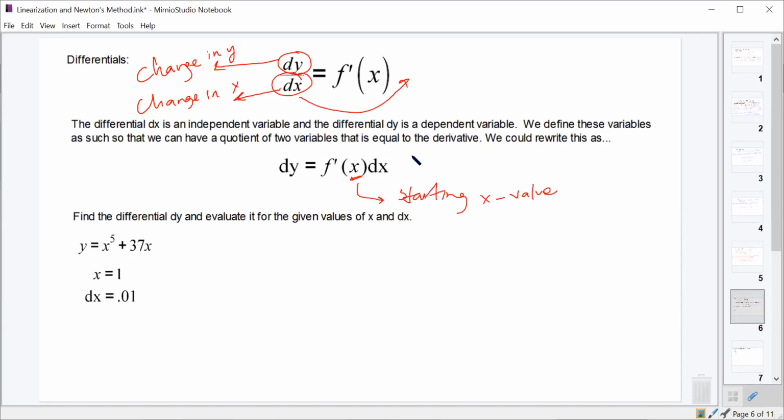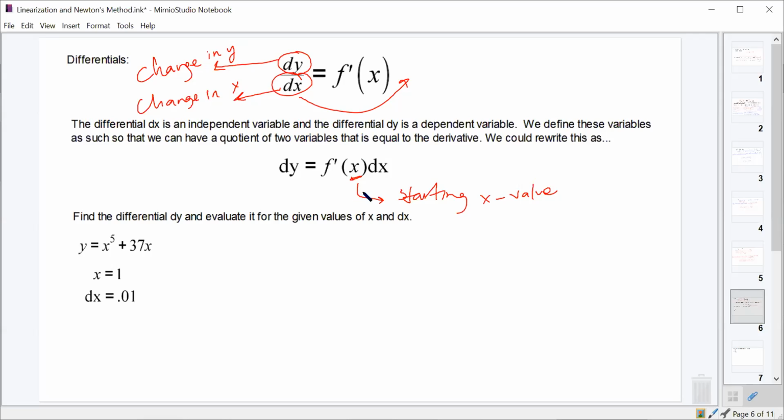We can use it to approximate a change in a function's value, and it uses the derivative, or the slope of the tangent line, which is effectively like using a tangent line or a linearization approximation on any function. Does that sort of make sense? Could you repeat that, please? Sure. Which part? All of it or just